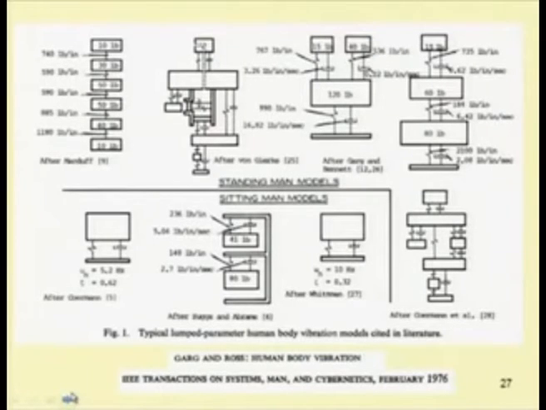So, let us see the different methods for converting a physical human body to different dynamic systems. Mathematical modeling can be obtained by initially using simplified models of a human body. One can write the whole human body as a different spring and mass system. These are different spring and mass systems from the leg position to the head position of the body.